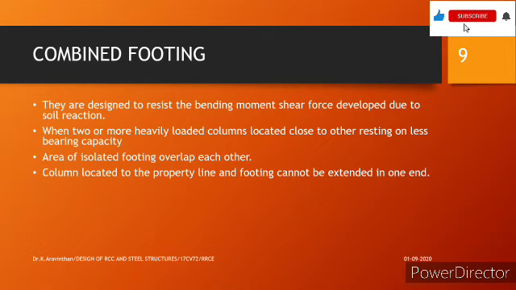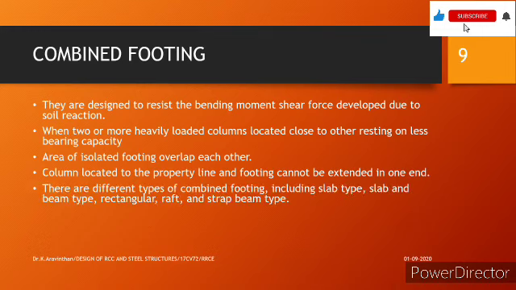See, in a closely placed area, that is a metropolitan area, all the buildings are adjacent to each other. So if you want to build your footing, at least you should cross your limit for the adjacent building. So this might not be fair. So in order to eliminate that, you can go for a combined footing. You can merge the two foundations in order to safely distribute your load, and also the problem will not arise due to the adjacent property.